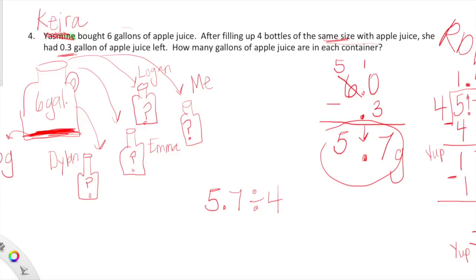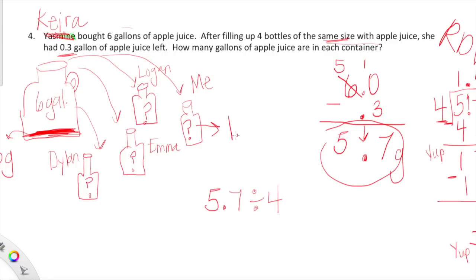So now we're going to write in the fact that we have 0 thousandths. We are going to bring that 0 all the way down. And now we're looking at 20. We have 20 thousandths spread evenly across 4 groups. What will we have in each? We'll have 5 thousandths. 5 times 4 is 20. When we take 20 from 20, we're left with nothing. So what this has told us is that